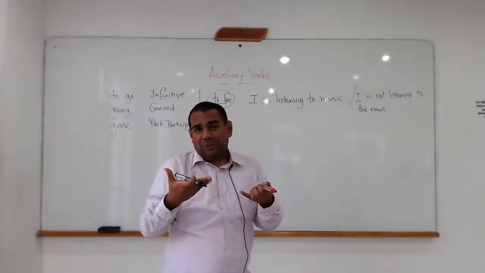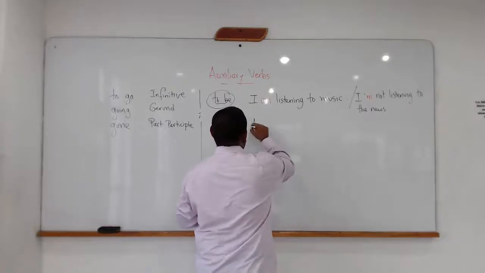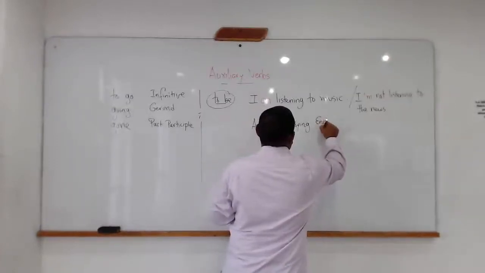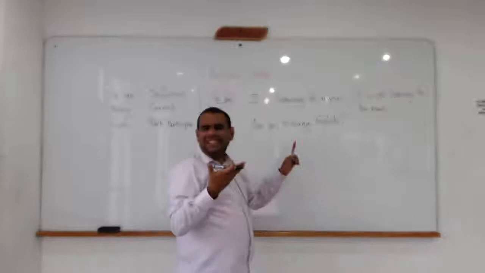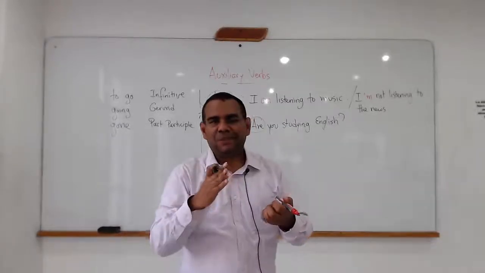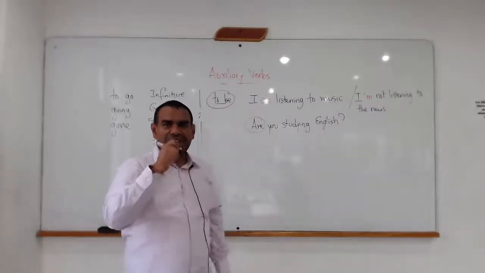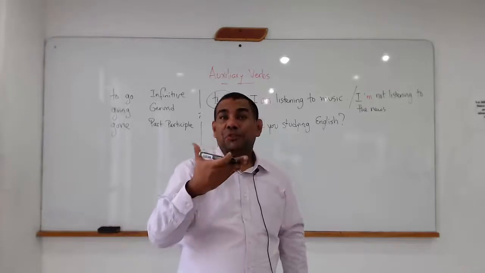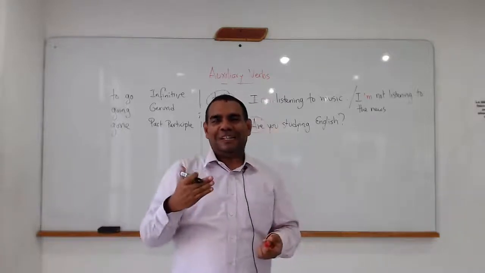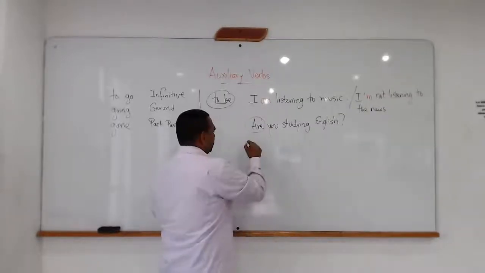If you are going to ask a question, you will see the presence and the importance of the auxiliary verb one more time. Okay, look at this. Are you studying English? This is the auxiliary verb. Now, in that tense, we find the presence of the auxiliary verb all the time, whatever the sentence is. To be is going to be essential too when we are conjugating the future. When we talk about the future, we're going to. That's another case in which you will see to be as an auxiliary verb. For example,